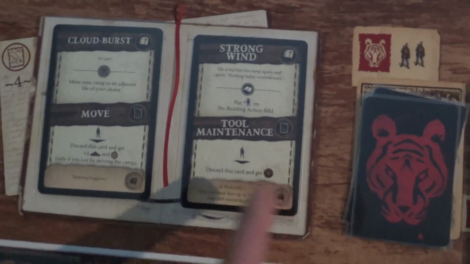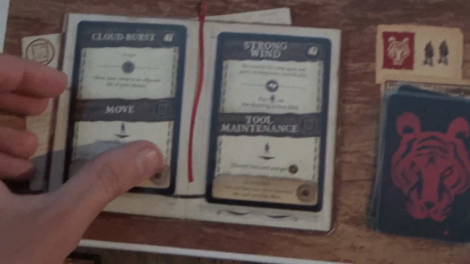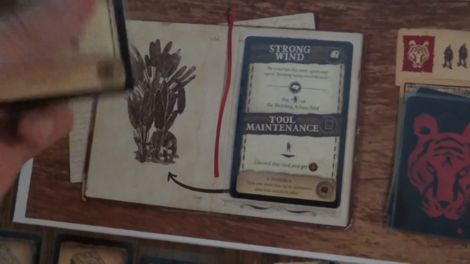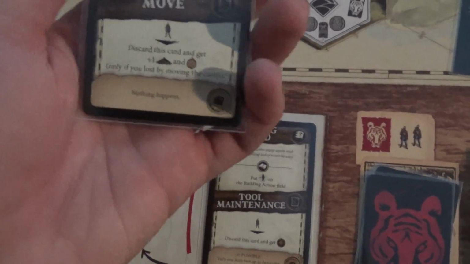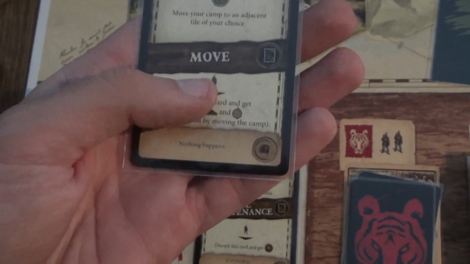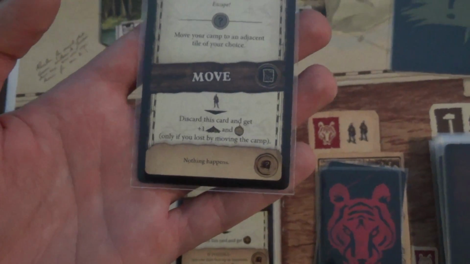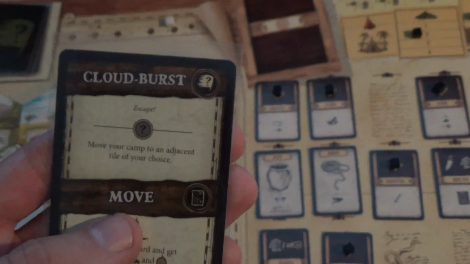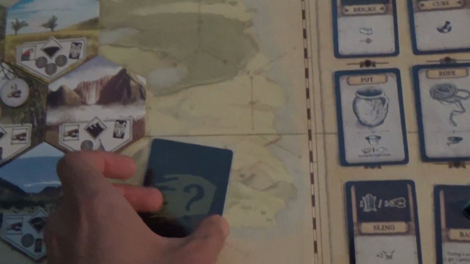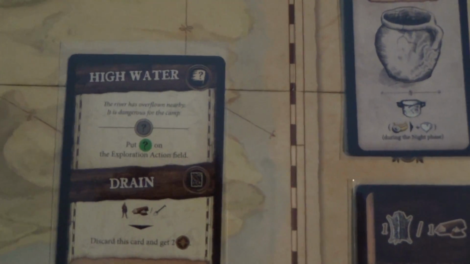First of all, we didn't deal with any of these threats, so this threat will actually force the leftmost threat off the board. But this is a good threat. It just says nothing happens, and even if we had resolved this threat, nothing would have happened, because we did not lose any roof or palisade levels when this card forced us to move. So yeah, this is just discarded, nothing happens. Strong wind moves down here to the leftmost spot,